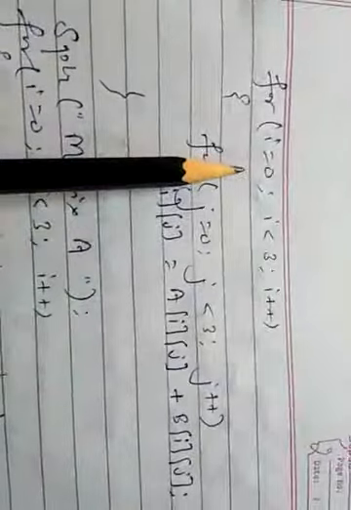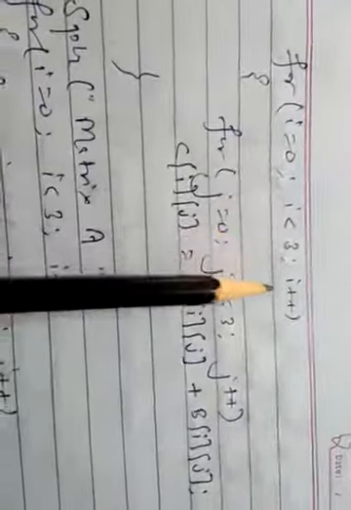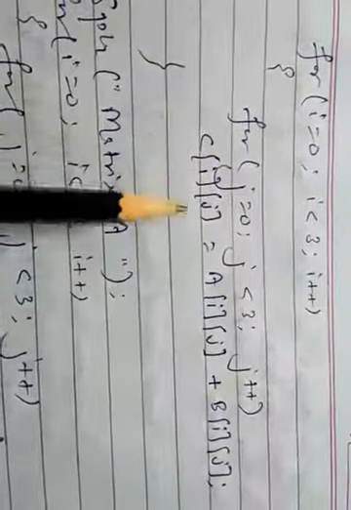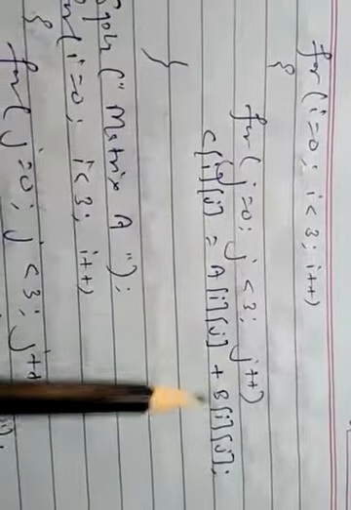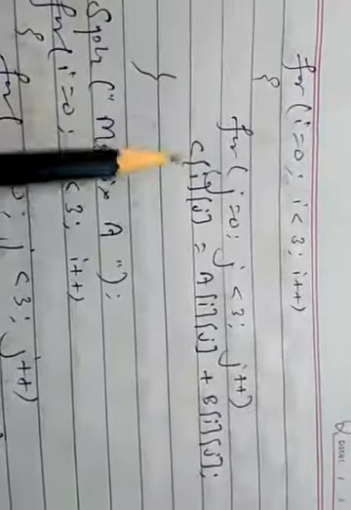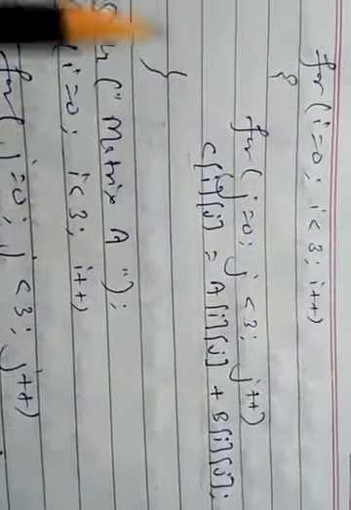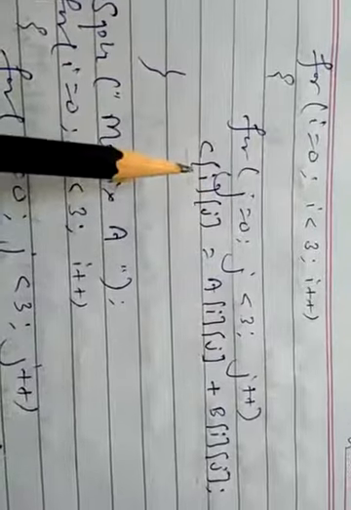Now we are calculating the sum of these matrices and storing it in the third matrix. The loop will be the same: for i equals 0, i is less than 3, i plus plus; for j equals 0, j is less than 3, j plus plus. c[i][j] = a[i][j] + b[i][j]. This is the main formula for the sum of two matrices,